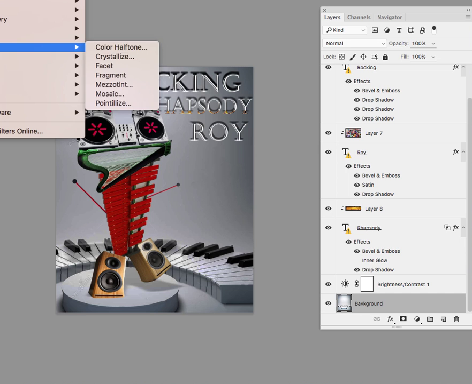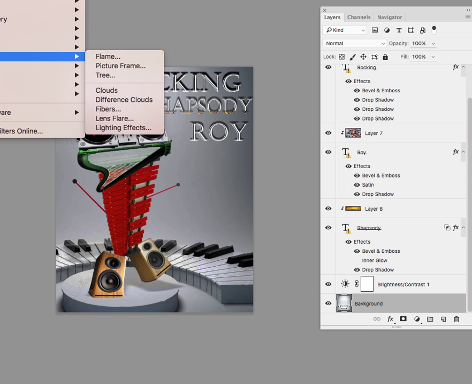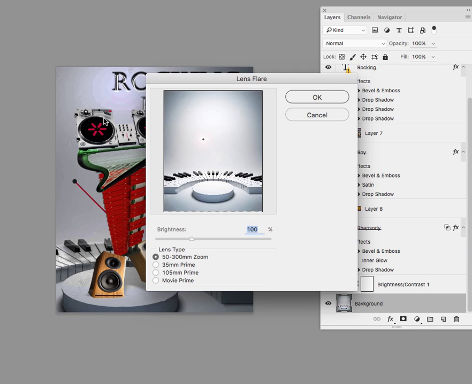I'm just looking. I don't use these a whole bunch, just because, like, a lens flare. Now this is corny, but sometimes it can actually add something cool. So if you put it over here, then we can look at what other ones they have here. It's not doing a very good job. Oh, well, it's kind of hokey, but it's not that bad, because then you know you have